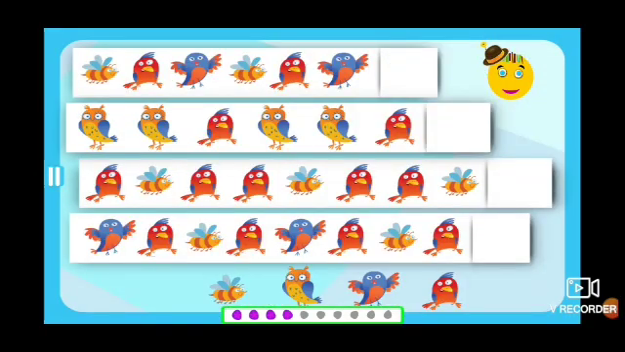Now let us see this. The honeybee is there. The bird, red bird, blue bird. Honeybee, red bird, blue bird. Then what will come? Honeybee,